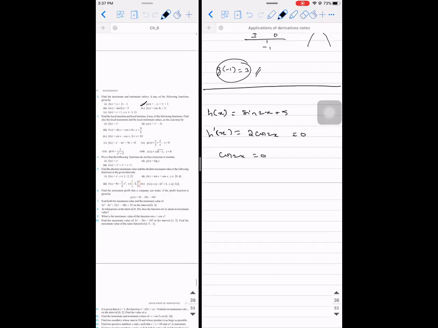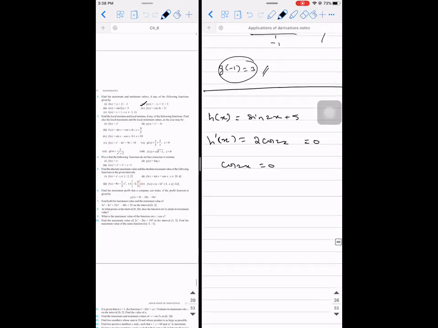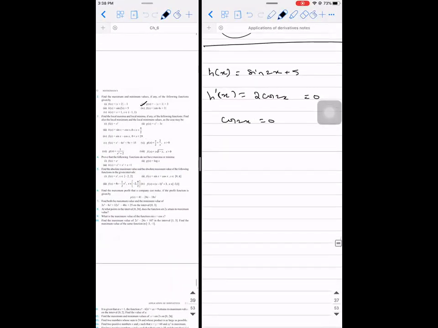cos 2x is going to be equal to 0. So what are all the two values of theta for which cos will give you 0 in one complete cycle? So this is where you need to be careful, okay? When I say cos 2x is equal to 0, you people will write 2x is equal to pi by 2 and then leave it, right? But pi by 2 is not the only option that is possible. There is another option also possible. What is it? 3 pi by 2. It is 3 pi by 2.